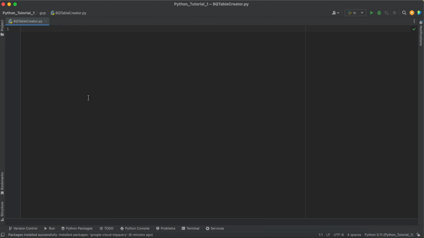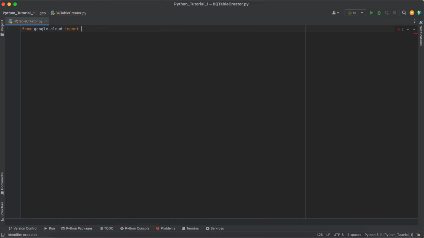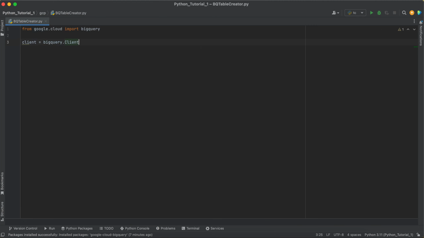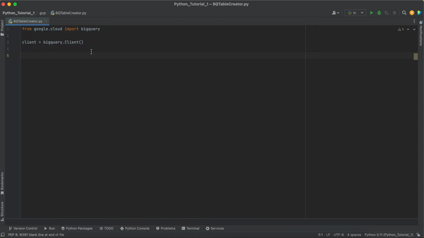First of all, to do this, you will have to import from google.cloud the bigquery client. After that, you will need to give the information regarding the client. First of all, you will have to create the client. client is equal to bigquery.Client. This will help you create the client object. And now what you need to do is give the table_id is equal